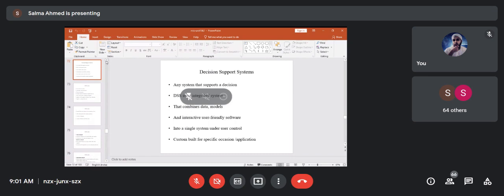So there are three components: data. They could be HR related, operations related, marketing related data. There are certain set of models: inventory related models, warehousing models, supplier relationship models,